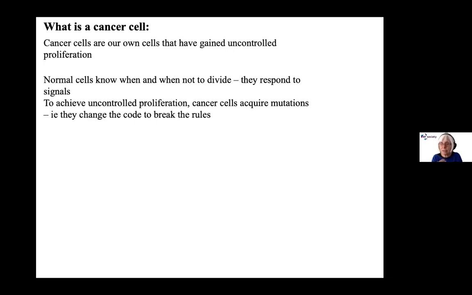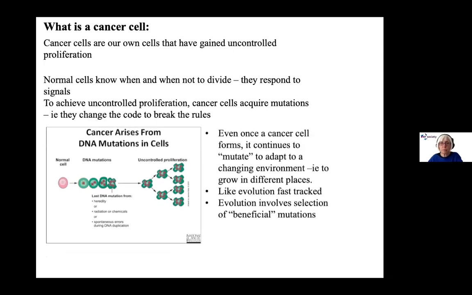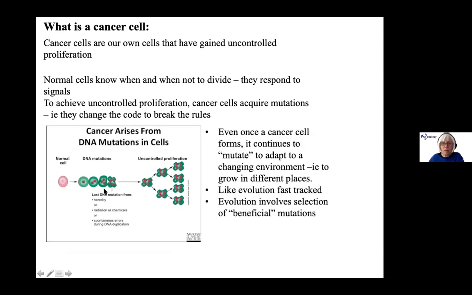They have to constantly change. Normally there is a certain number of mutations that we think have to be acquired for a normal human cell to gain uncontrolled proliferation. Here it's depicted as 4, but I think it may be more than that. But even once you've gained these 4